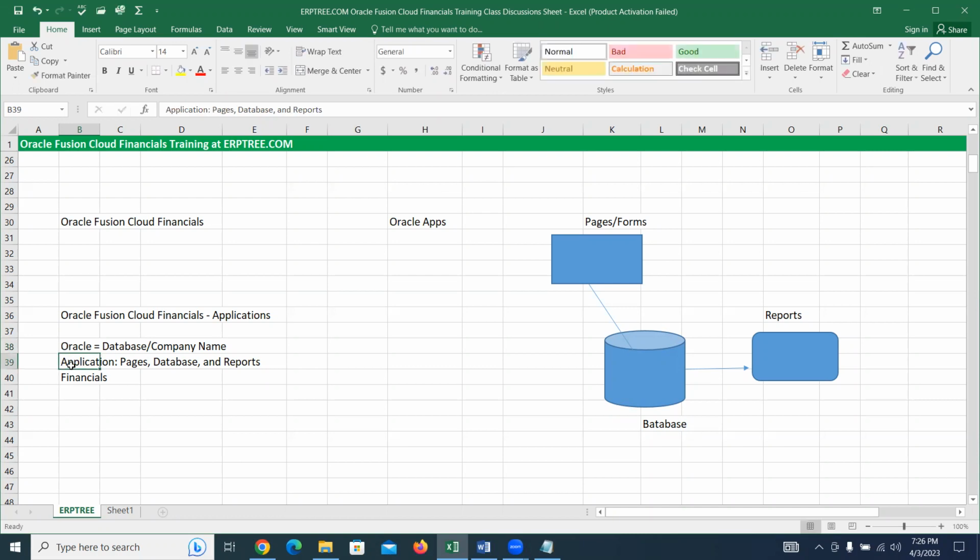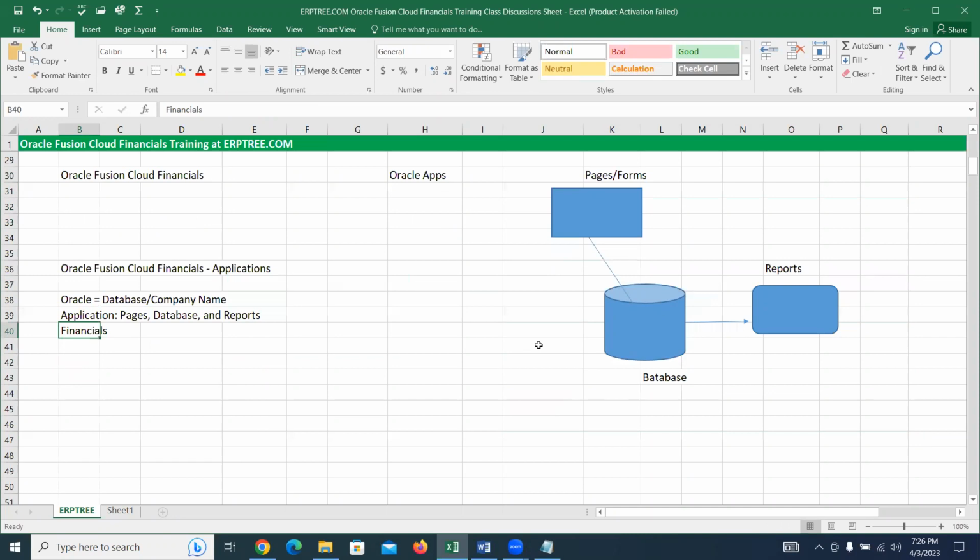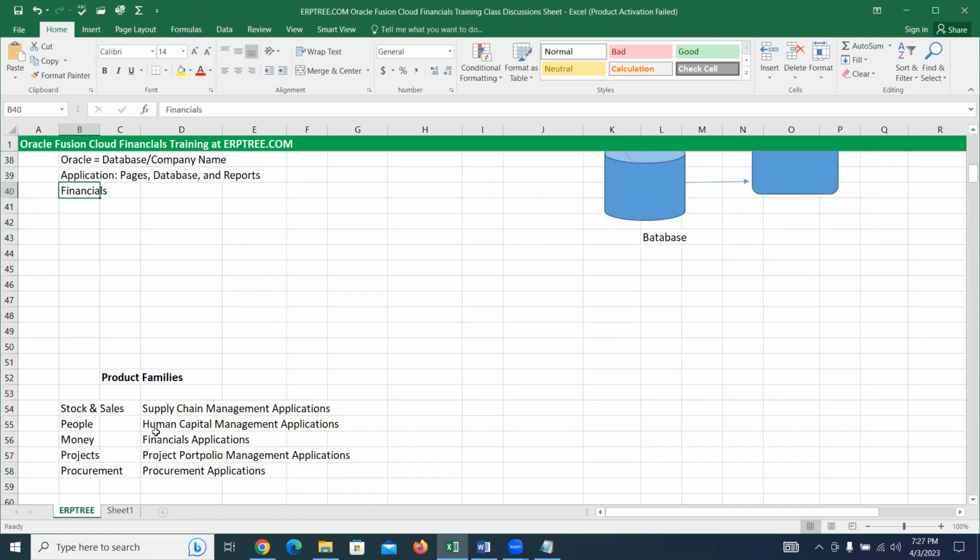And when you talk about applications, already we discussed this is the meaning of application, and financials. When you talk about family, there will be relevant people: father, mother, children, and others who are very relevant. In the same way, when you talk about applications, based on the relevance, those are grouped. There are many applications which we use in the business. Based on the business relevance, those applications are grouped and they named it as financials and different applications. So let's see what are the different product families we have.